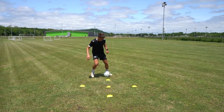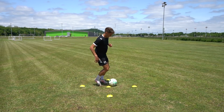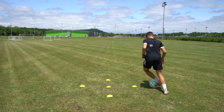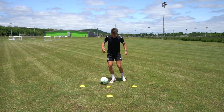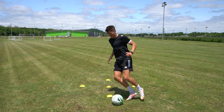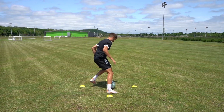Really helps you with the accuracy of your touches, and we're using the inside and outside of both feet. It's important that you have control on both sides. You don't want to be dominant on one side only. You're just going to be a more dangerous player if you have full control with all the surface areas of both feet. So this particular drill I went through 3 times in total,